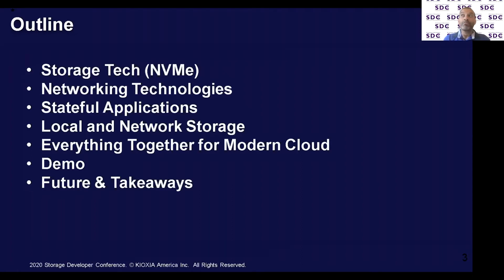Then we will blend everything together and see how storage technologies, networking technologies, and modern cloud orchestration frameworks such as Kubernetes are playing together. Towards the end, I will have a live demo, and then we'll also talk about what is the future and what are the takeaways from this session.